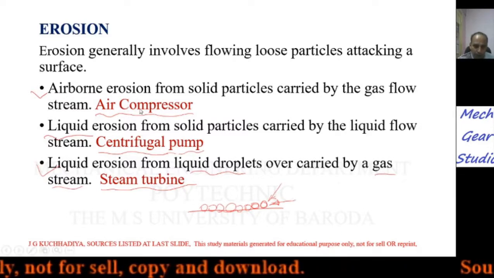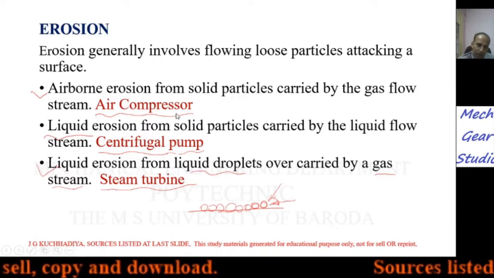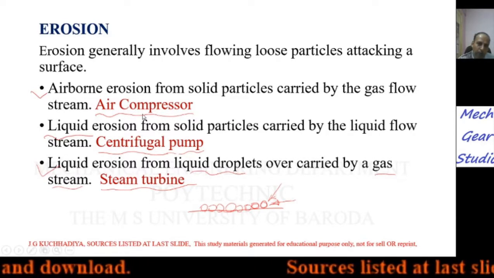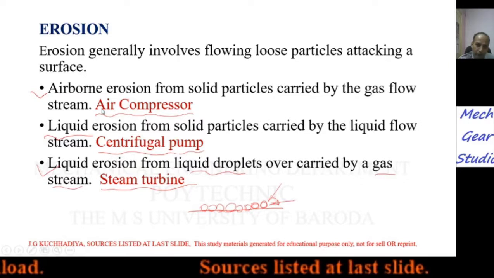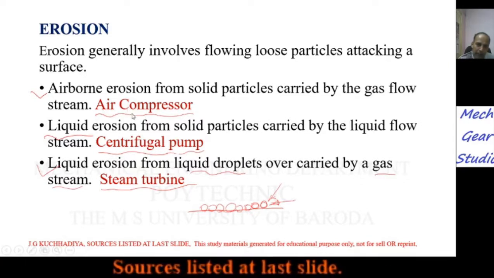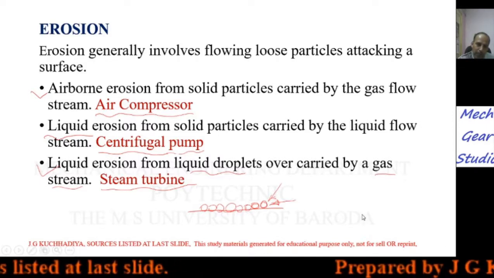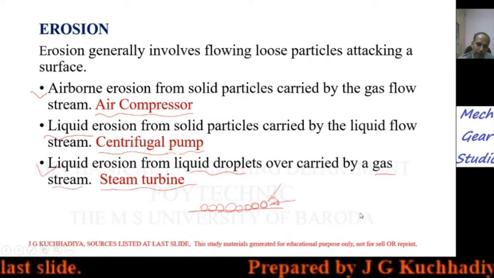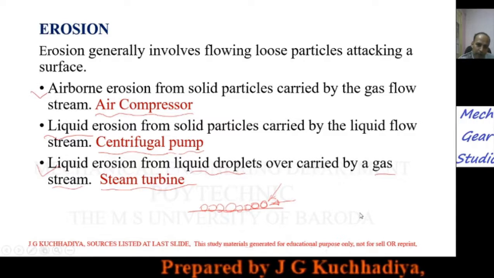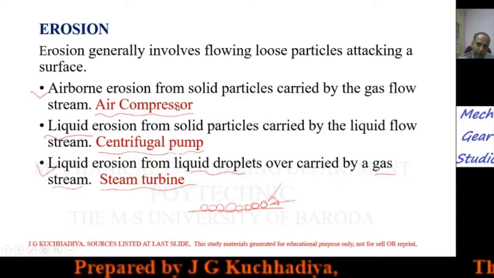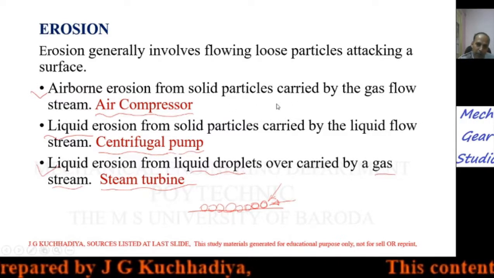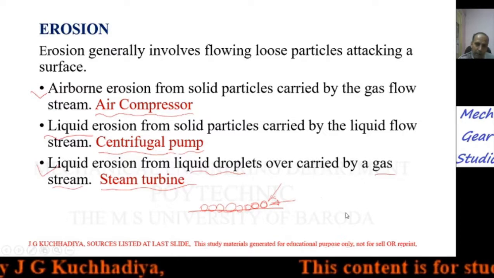In all other mechanisms, the velocity or momentum of the solid particle is higher. Suppose an air jet is created in some application. Then air or gas particles have the same velocity, but the effect of impact is higher with a solid particle. So the solid particle removes atoms of the surface.